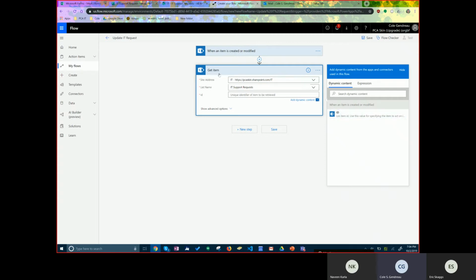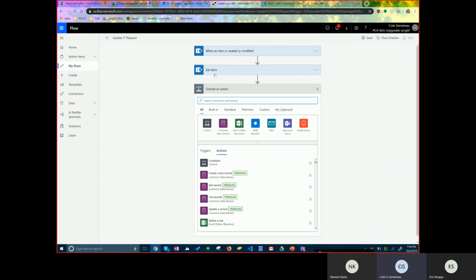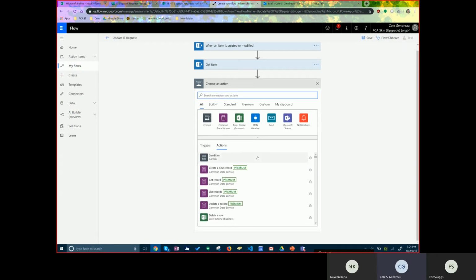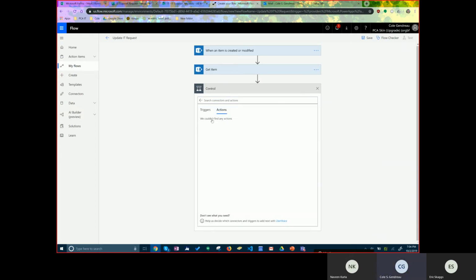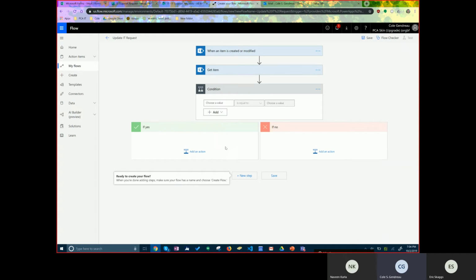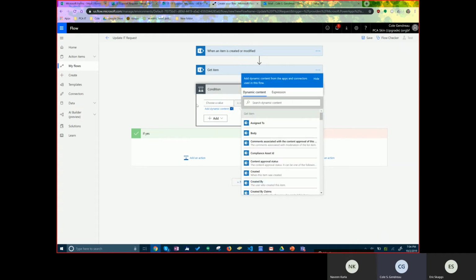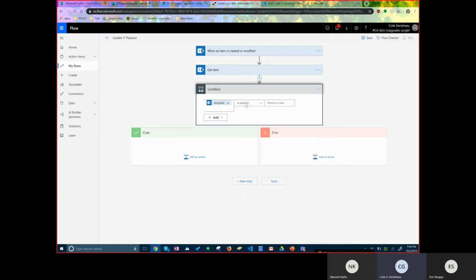But in this action that we're doing right now, the get item will pass through that ID, and then luckily in the next step, because we're getting all of the item properties here, anything that we're going to do further down in the flow has all of those item properties. So we're going to do a condition. Click Control and Condition, and I'm going to say is assigned to